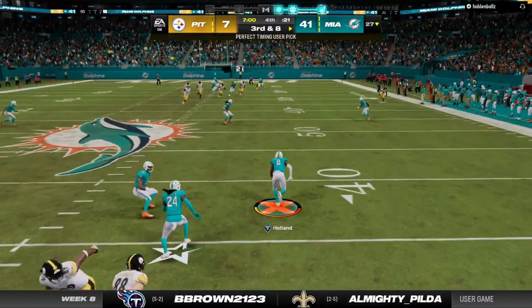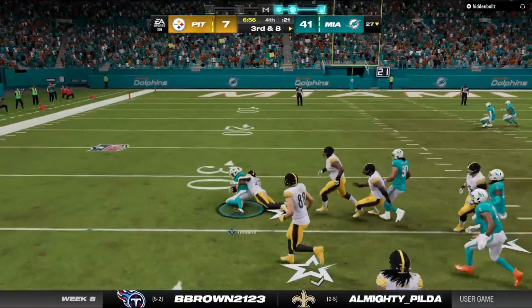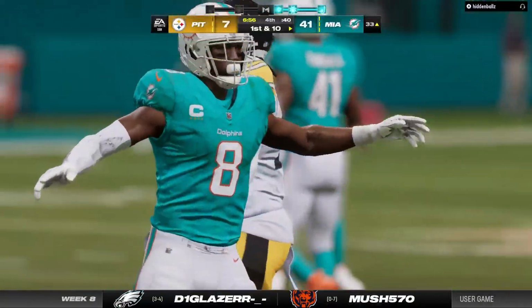And now here's another interception. Picked up by Javon Holland. And he'll get it all the way down inside the 35-yard line. But with this